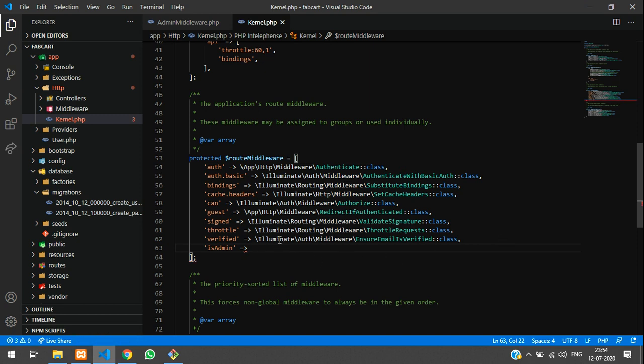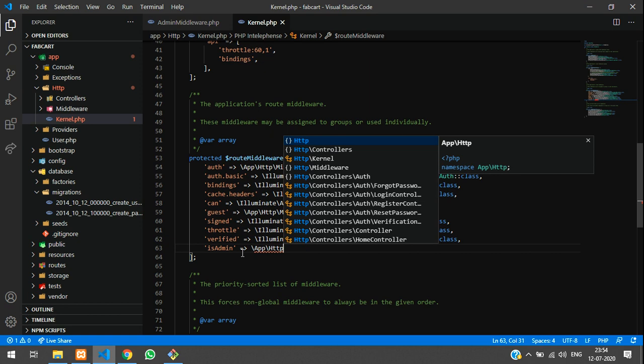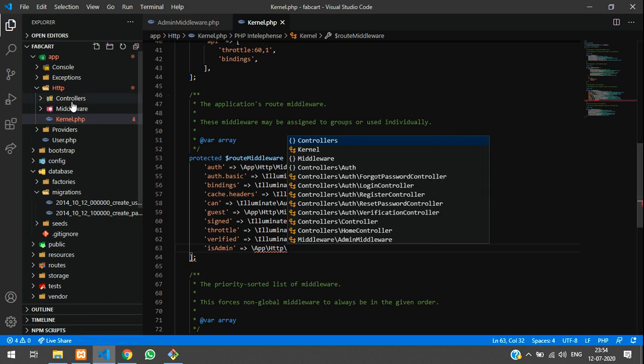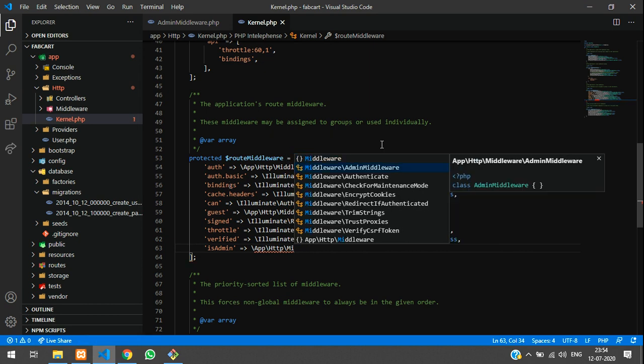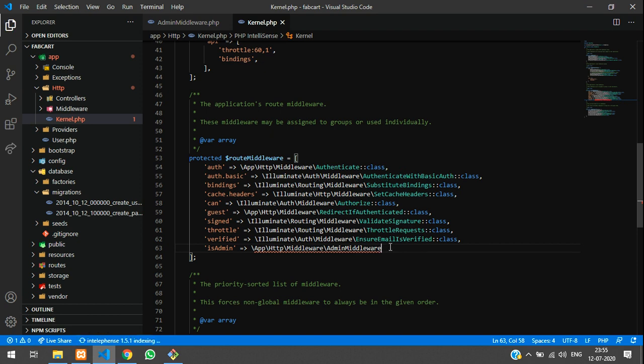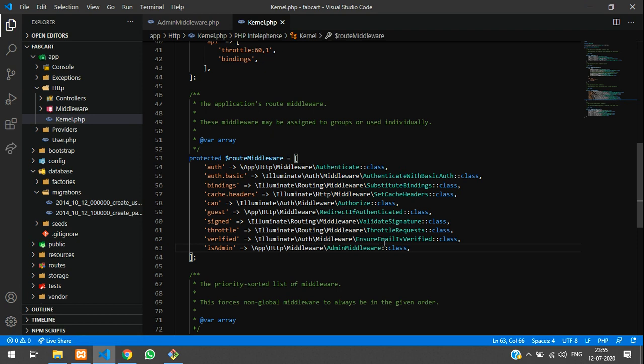Let us just type is admin, and call the path of it. Inside that, which is the path, you can just give a / app folder, inside app / http, again / called middleware, middleware, and admin middleware have come in suggestion. So if you need these kind of suggestions, download the Laravel extension, that is Laravel helper extension. Okay, so it's done, and we have registered this. This middleware is authenticated with this route called is admin. So save this.